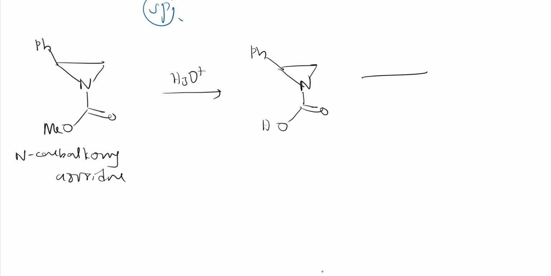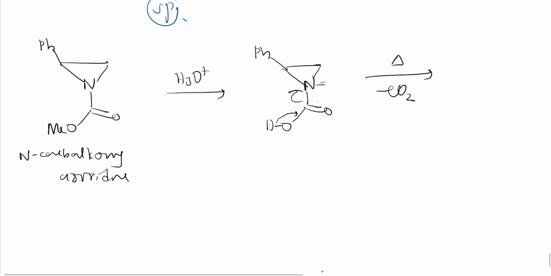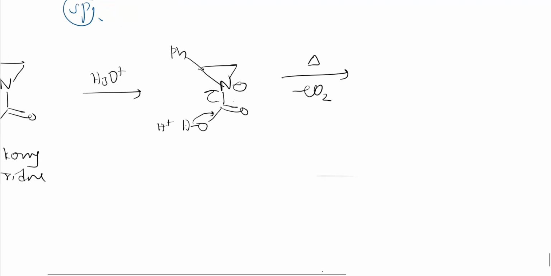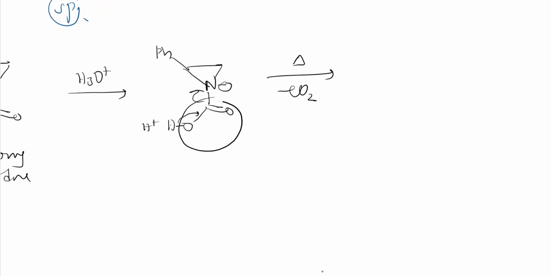To this, if I heat, the carbon dioxide will be eliminated. See here, this CO2 will be eliminated. Here the N-H bond breaks like this, and this electron density goes onto nitrogen. So here nitrogen becomes N minus, and here H plus will be there. They will combine to form NH, and the other part will go as carbon dioxide. I hope you know that simple mechanism. So it becomes NH here. Here Ph will be there, and this will go as carbon dioxide. Right? I think you know this.